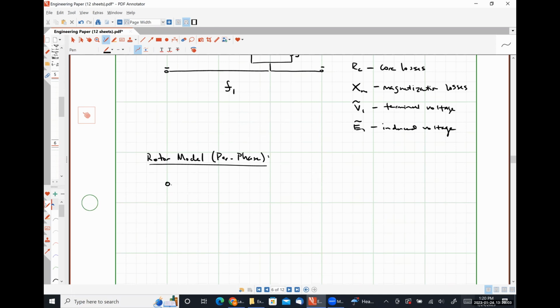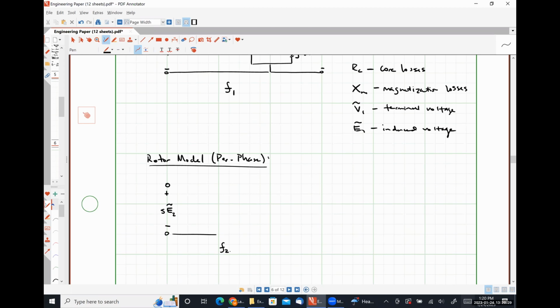So here's what our rotor model is going to look like. The induced voltage, E2, is effectively just going to be influenced by the slip, right? Because our slip frequency, so this whole thing is going to be working at F2, is the frequency at which these voltages are being induced. Okay. Now, on this side, we are going to have